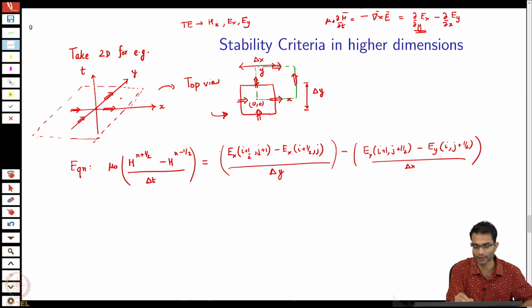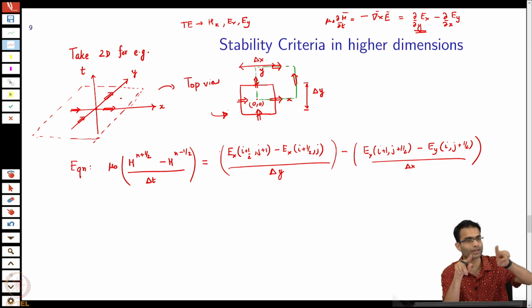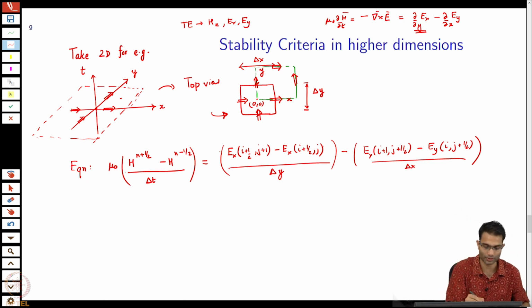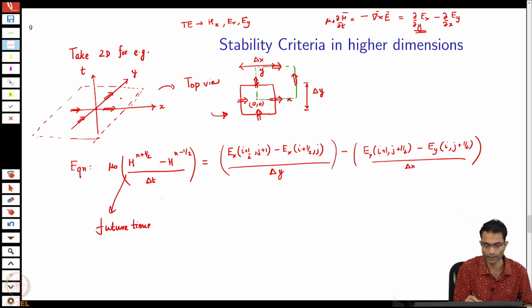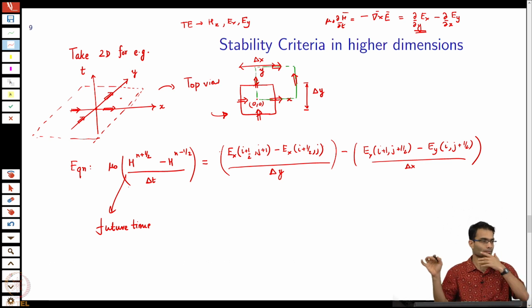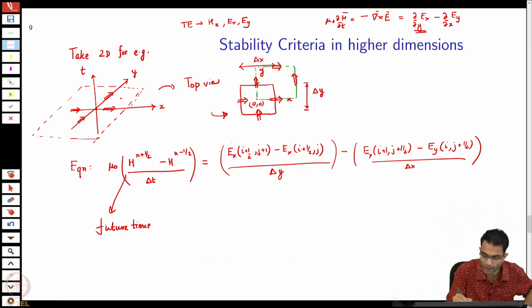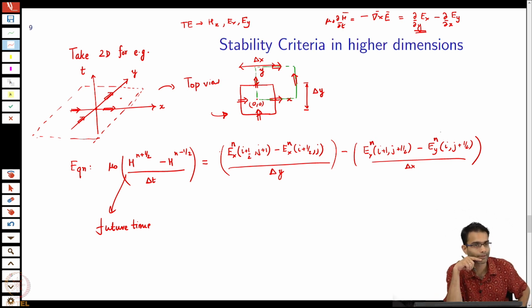In this top view diagram over here, we can imagine 4 nearest values in one E cell. All these 4 values are involved in calculating h at a future time instant, right. So, this is my h at future time that I want. Everything else is past, h n minus half is past, these are all happening at n, right, correct. Of all of these things, which of the distances is the shortest? It is going to be this distance